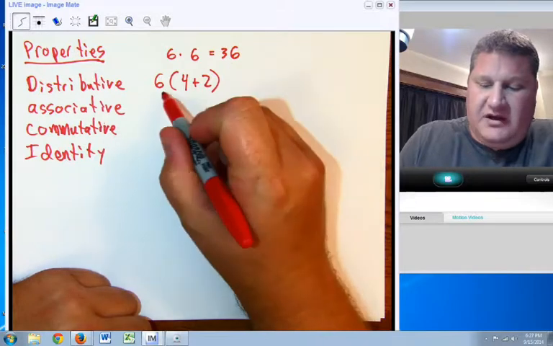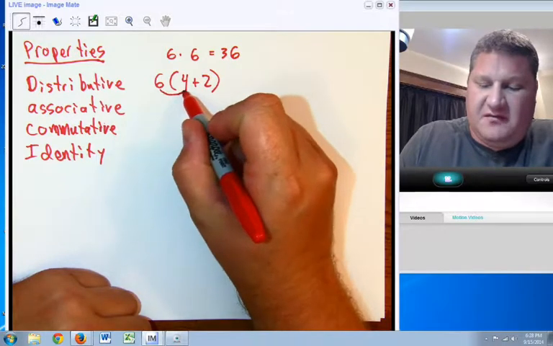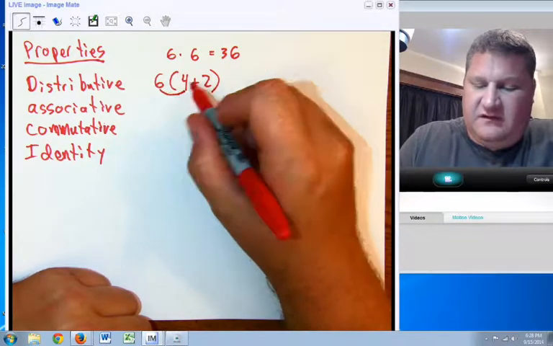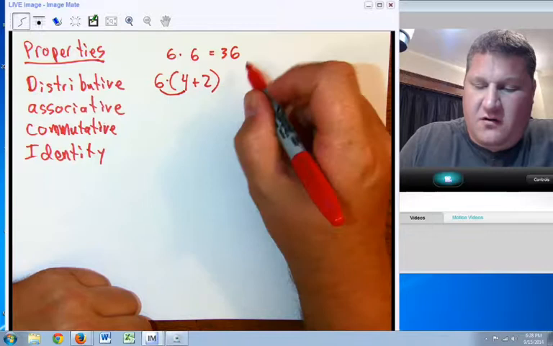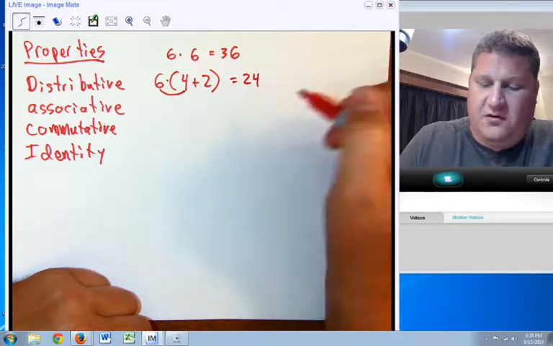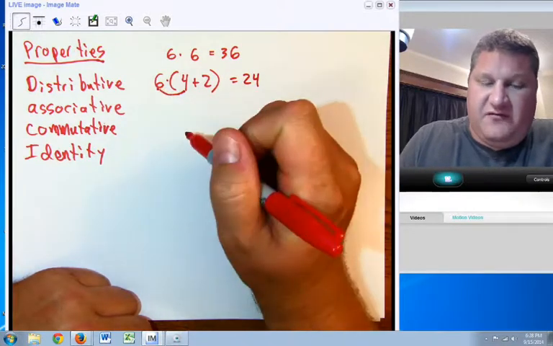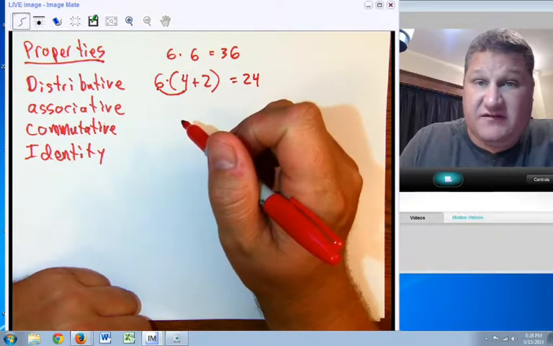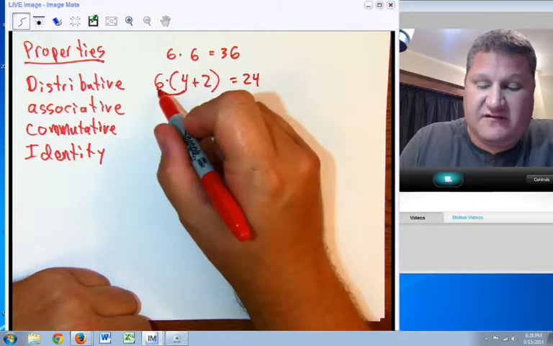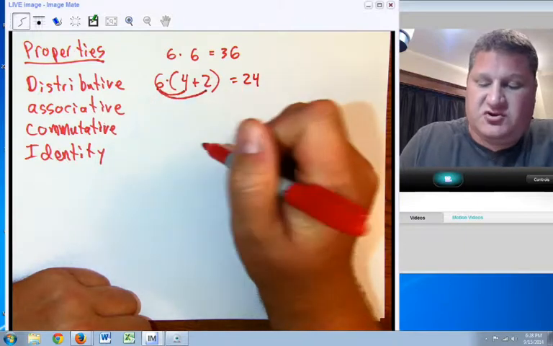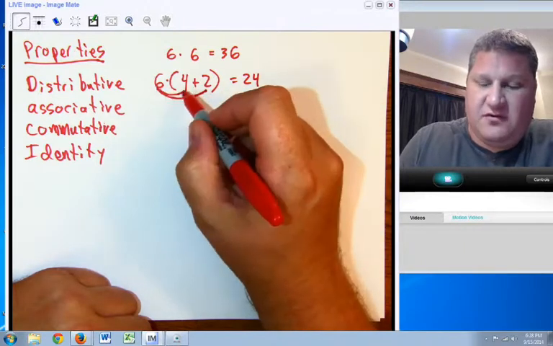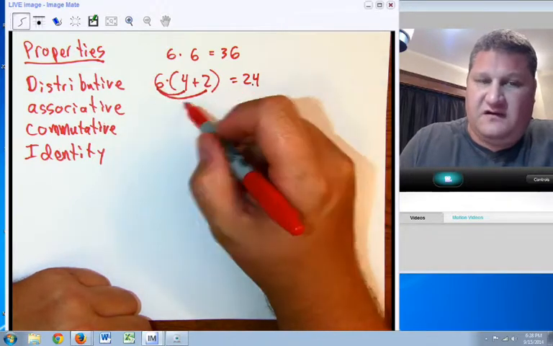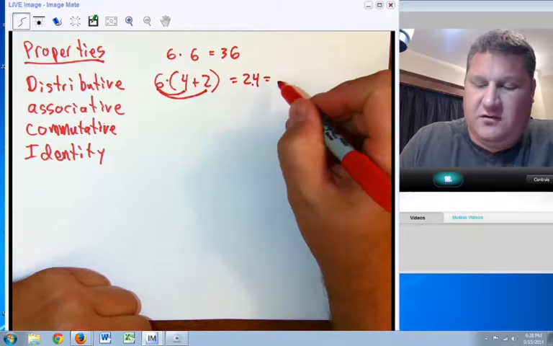So what we need to be able to do is give away the 6 to the 4. 6 times 4, 24. But it's the distributive property, and just as if I were to come into class and give away candy bars, I can't just give a candy bar to one person. I must give it to every person. So if you give the 6 to the 4, you have to give the 6 away to the 2. 6 times 4 is 24. 6 times 2, however, equals